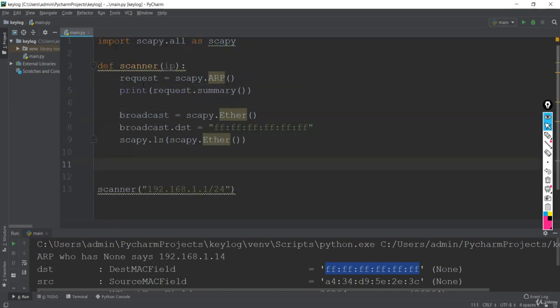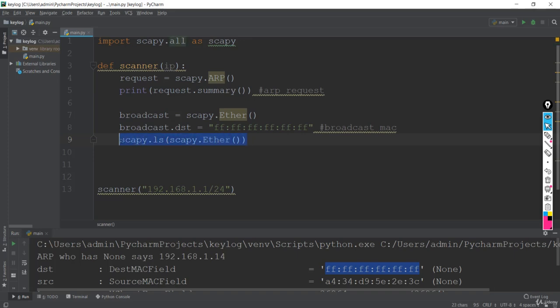That means now we have created our request, which is the first part. So I'll just say here, ARP request is created. The next one was broadcast MAC. So the next thing you need to learn is to send this packet to the broadcast MAC address. Let's see how we can do that.